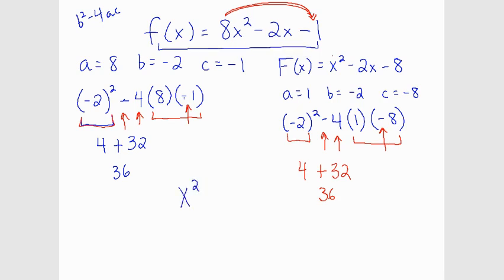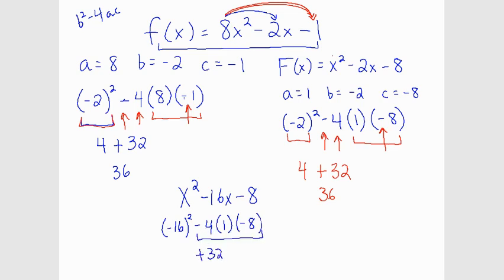So if we have multiplied by here as well, we get x squared minus 16x minus 8, and then we can work it out. So negative 16 squared minus 4 times a, which is 1, times negative 8. Now here we would get the plus 32. But now that we've changed our b value, we get a whole extra factor of 8 effectively being counted twice. So negative 16 squared would be 256, and now it is